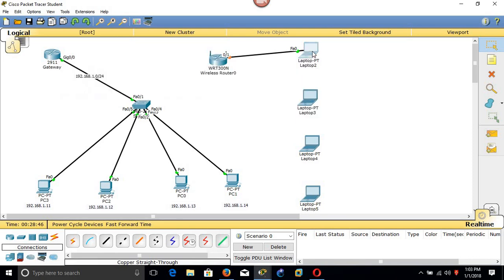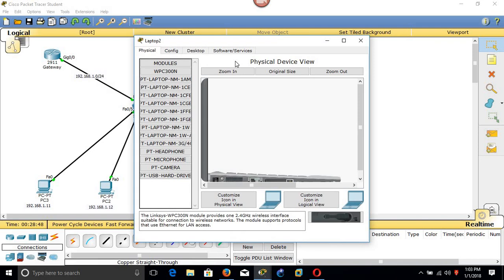Then let us open this device. When you get your access point out of the box, you can see the credentials on how to access your device for the first time. The first credential you will be given is the username.